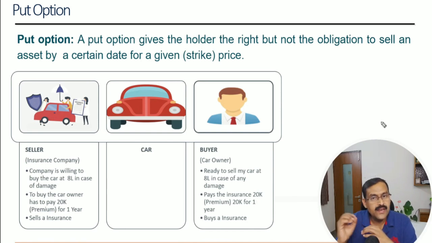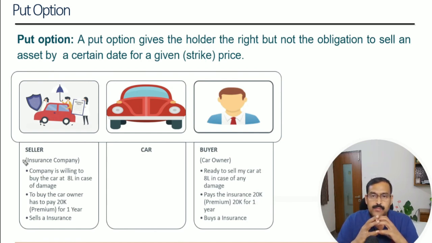If you think from the seller's point of view, the seller of the put option, when the put option goes in the money, he is obliged to take or receive the delivery of the asset from the buyer at that particular price, which is the strike price. And of course, here also he keeps the premium that he has received from the buyer. Irrespective of what price the put option buyer is owning the asset, he has to deliver the asset at that put option strike price to the seller. The seller always knows he is going to receive the asset at that particular strike price, keeping the premium.